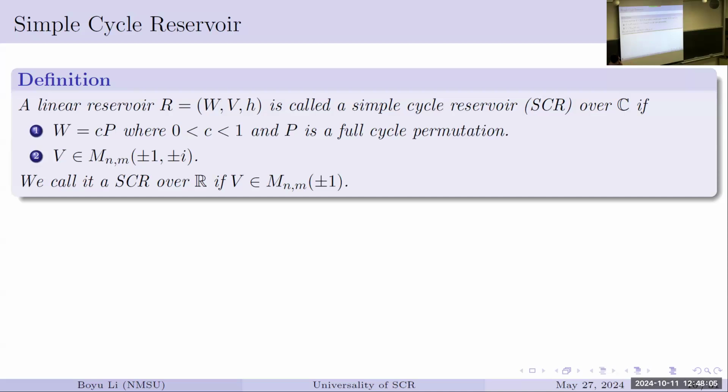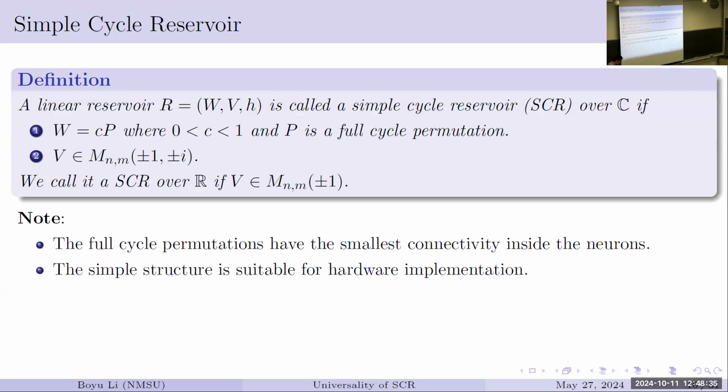I just want to briefly mention that the requirement on this V is not that important, I would say. We just put it in there because historically people wanted that. There's actually some other restriction on this V: we want it to be aperiodic, so you're not really repeating yourself, but that's not too important in this talk. Anyway, that's roughly what the SCR means. As you can see, this is the smallest connectivity you can get if you want any kind of echo state with invertible W.